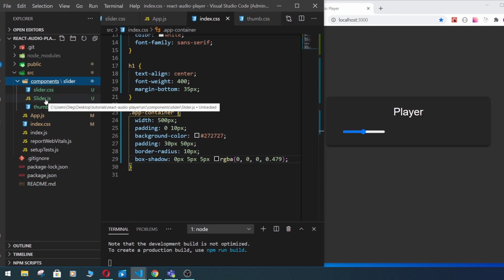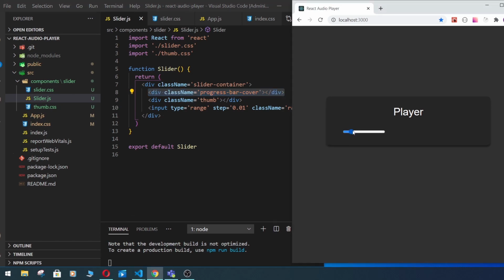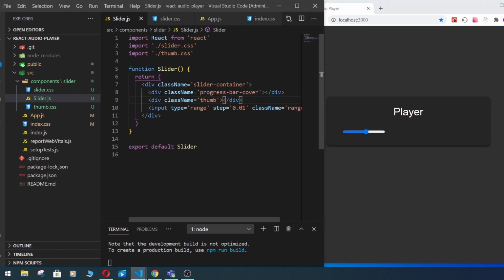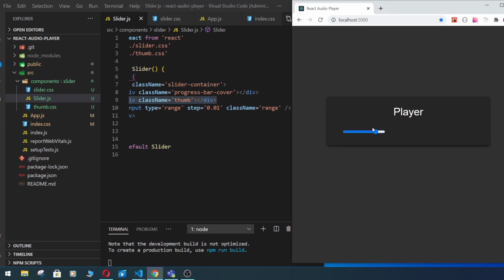So in our slider component we have our slider container, we have our div. This will be our progress bar. For example, here you can see the blue one, and we will do it custom. And this will be our thumb and input type range. This is actually our type range input. But